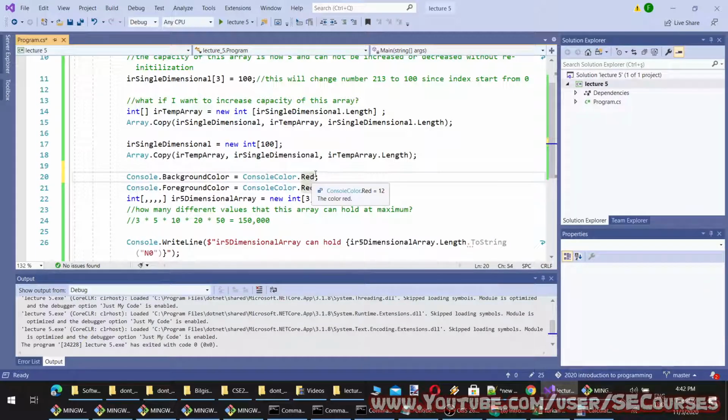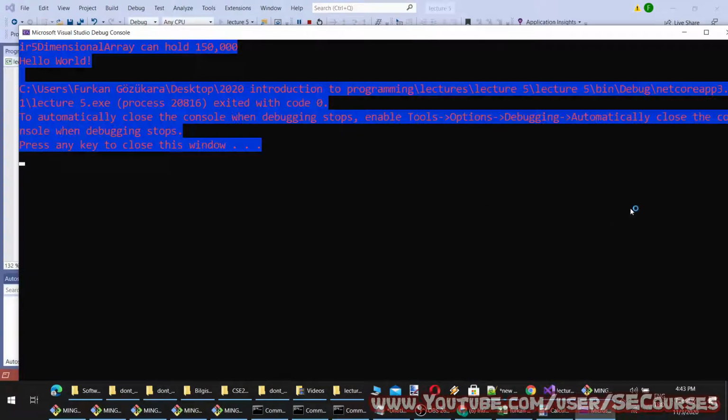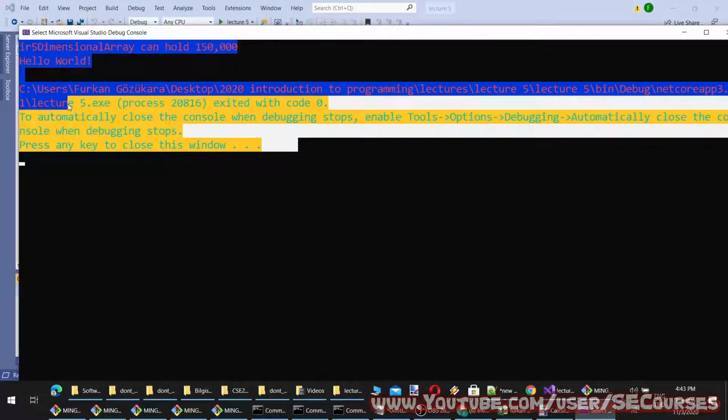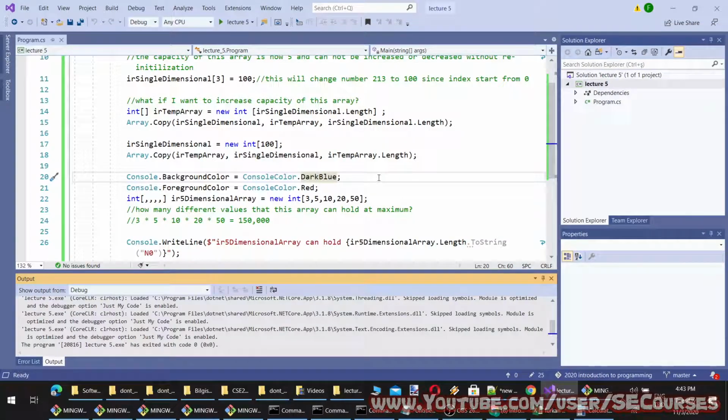And I will make it dark blue. And let's see how it looks. Okay, you see now the background color of the text is dark blue and the color of the text is red.